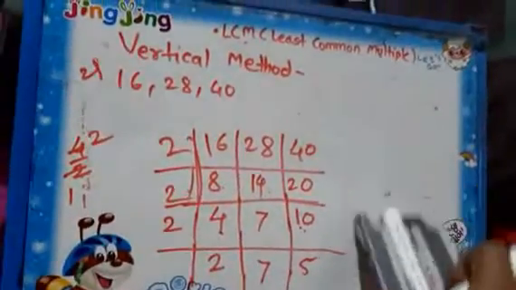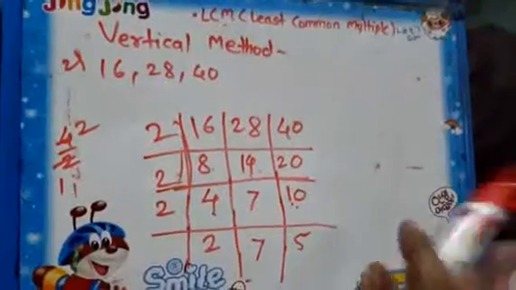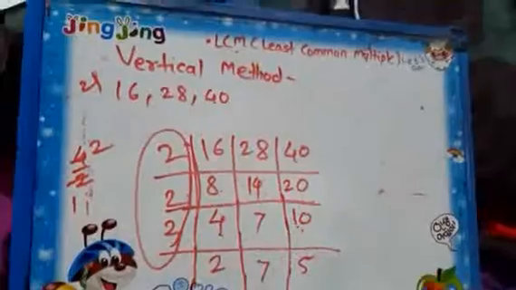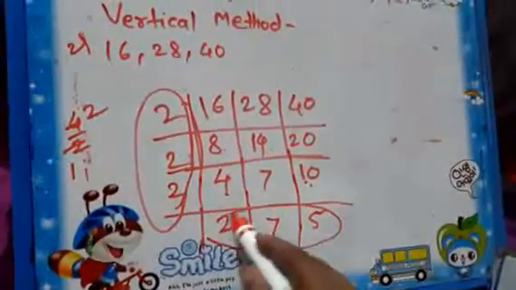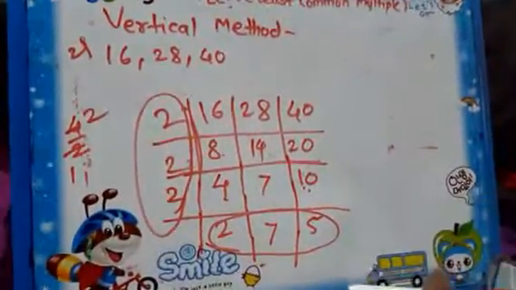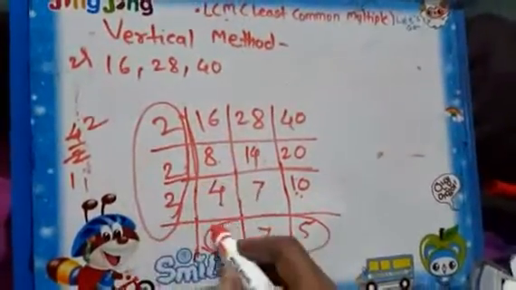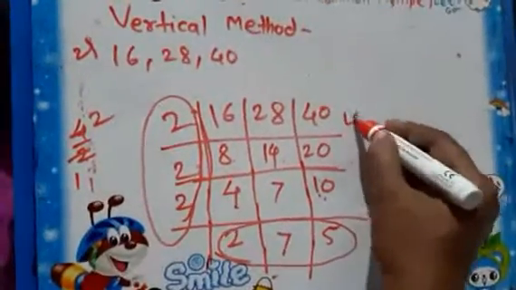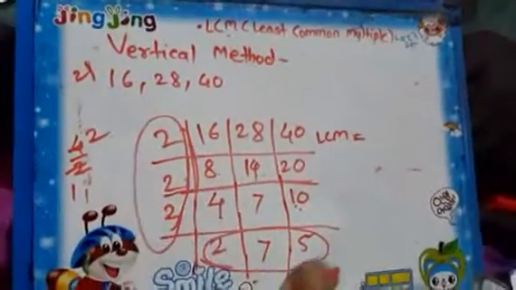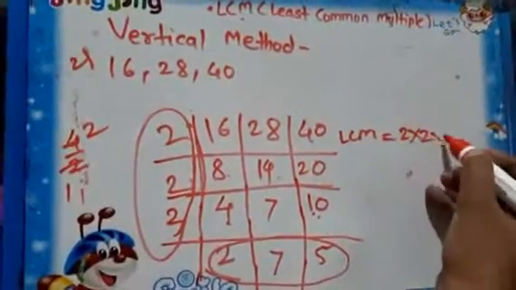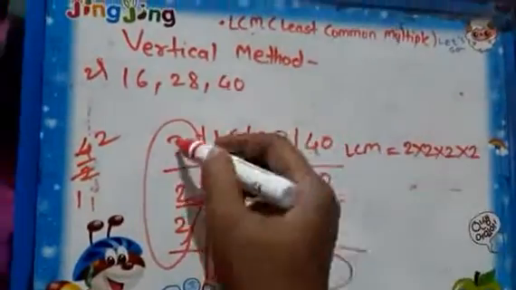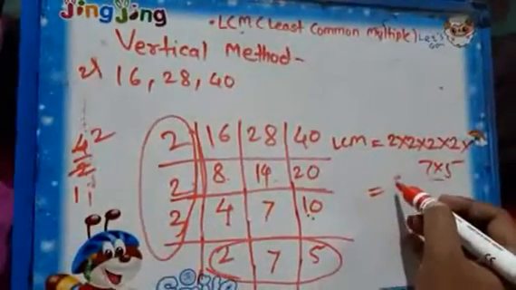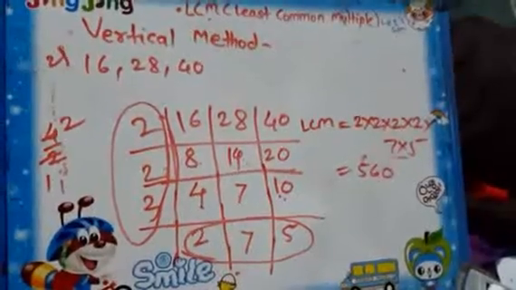Now if we see this step, 2 is prime, 7 is prime and 5 is prime. So after this, common numbers we can't take. Whatever common factors are there, they are here, and here all prime factors are there. So when we get this step, here all common numbers and here all prime numbers, that time we have to stop our procedure, and LCM will be just the multiplication of this into this. So it will be 2 into 2 into 2 into 2, this 2, 4 and 7 into 5. So multiplication will be 560.